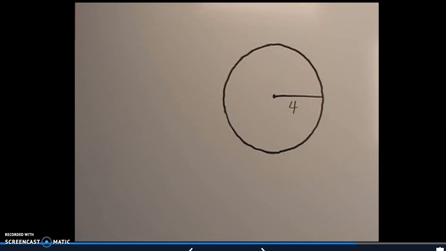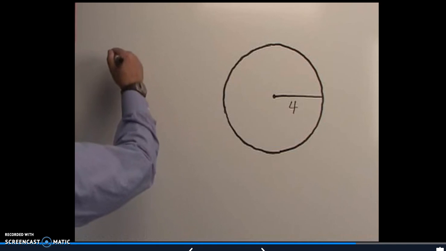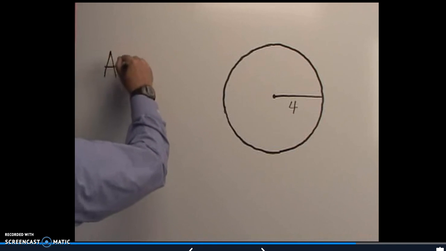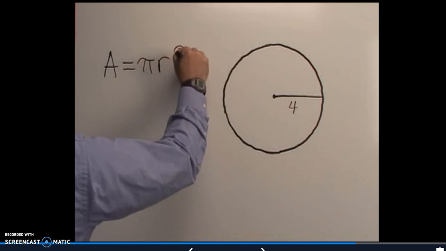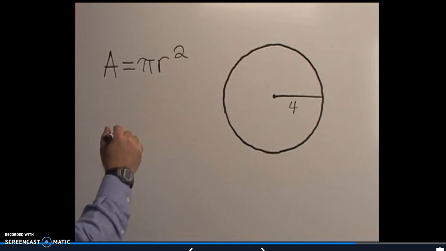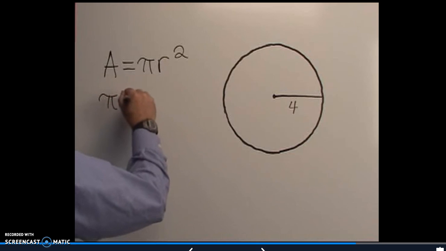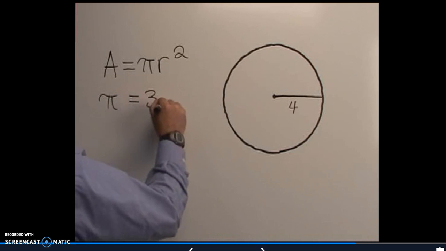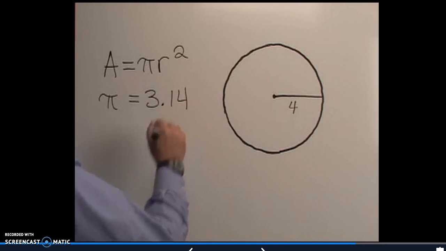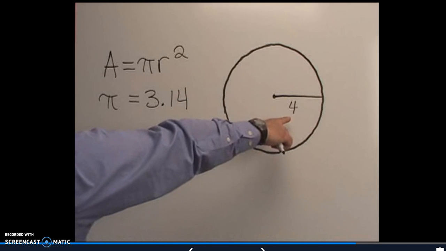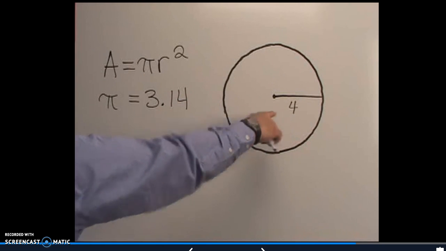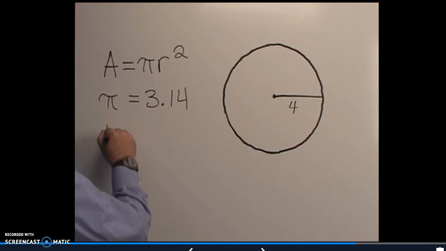We know the equation for the area of a circle is A, area, equals pi r squared. We know that pi is... we are given the radius of the circle. The radius is going to be 4. R